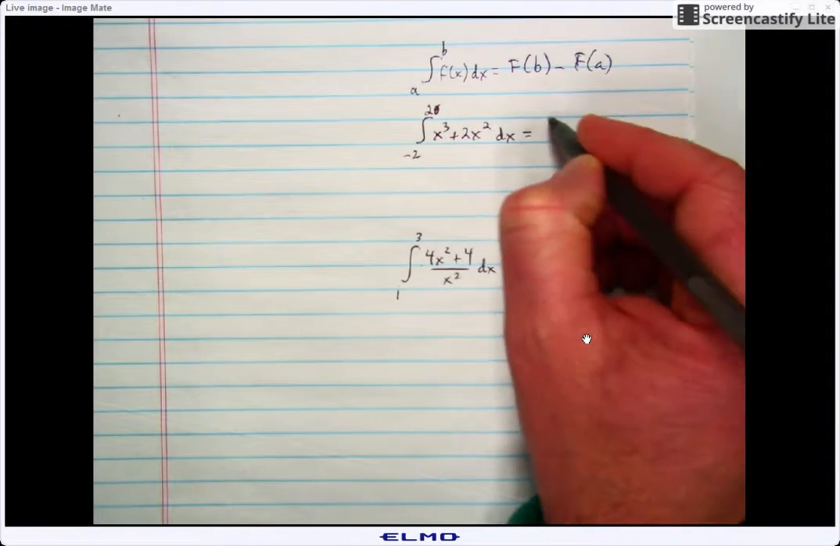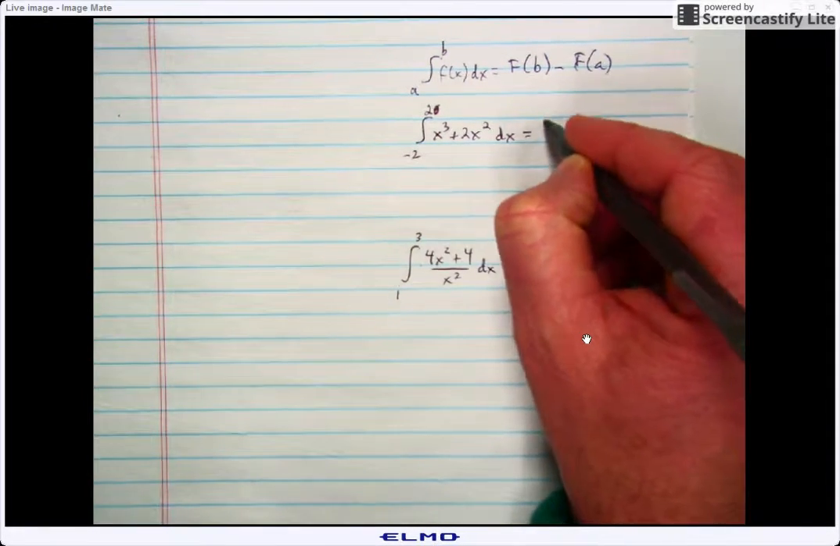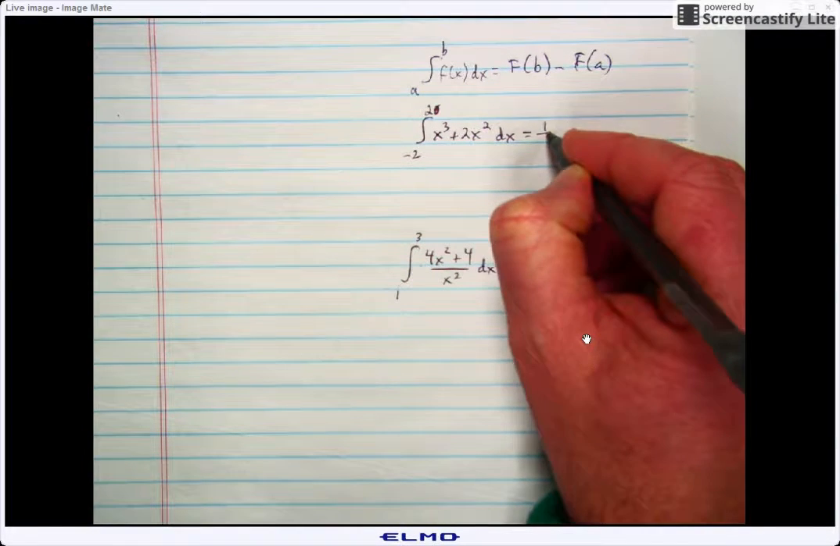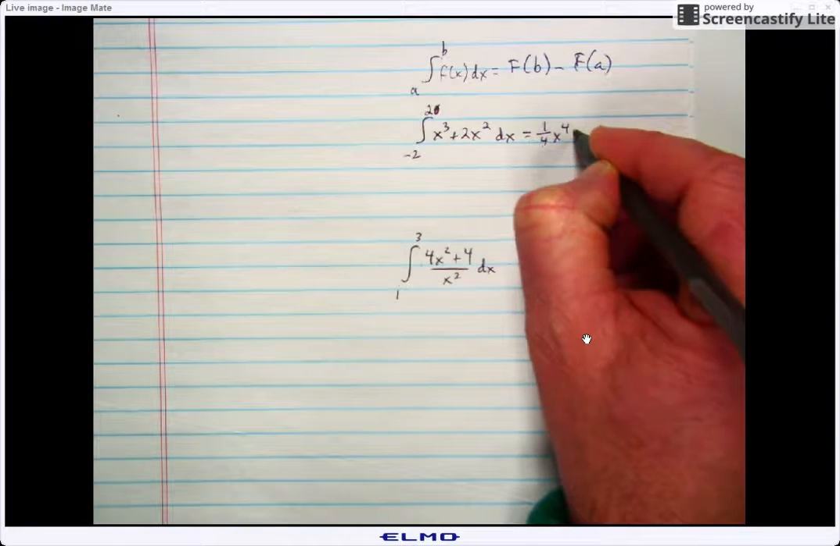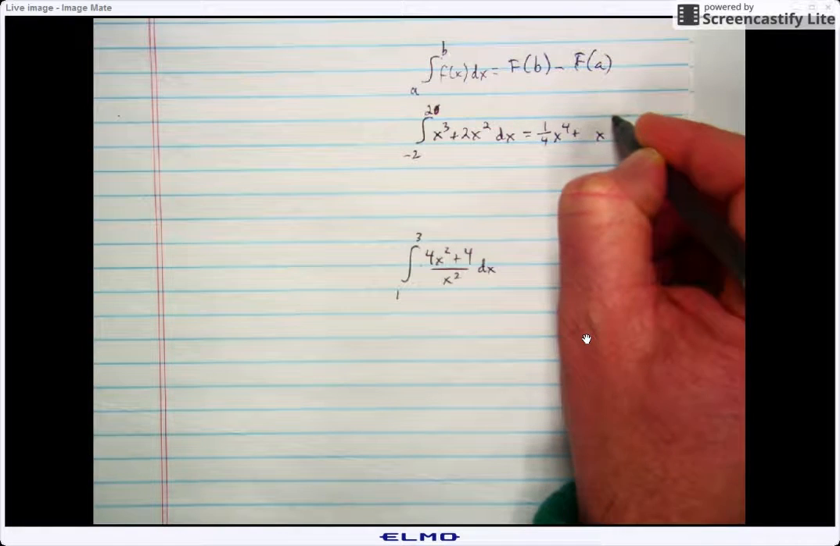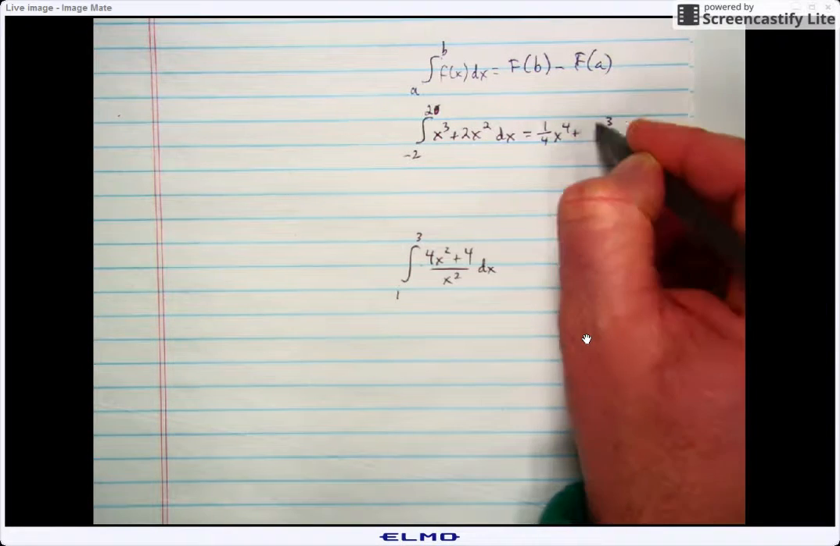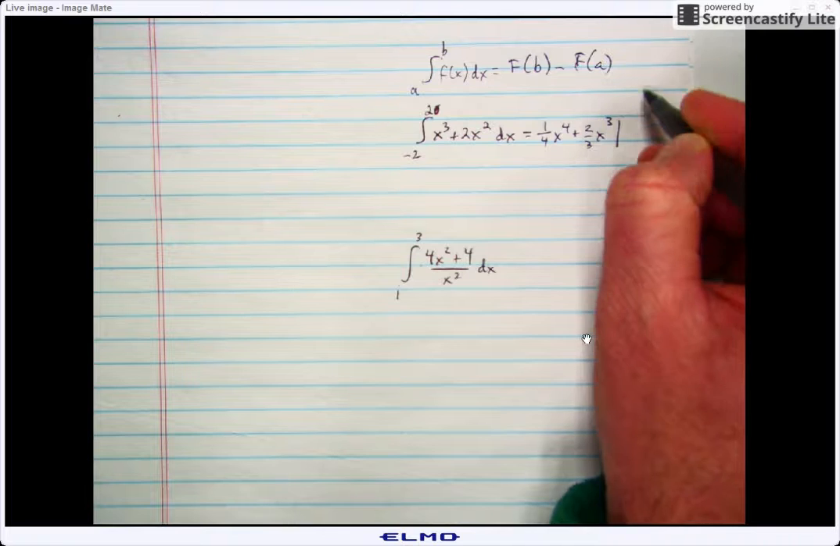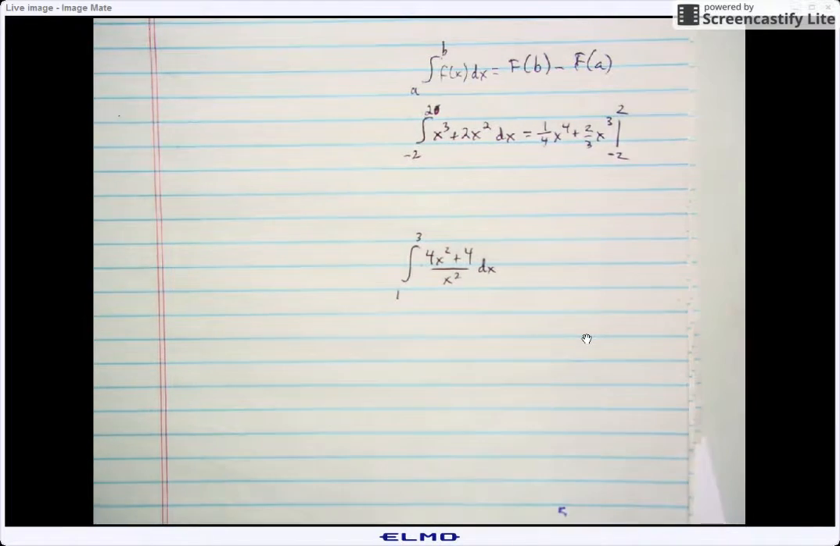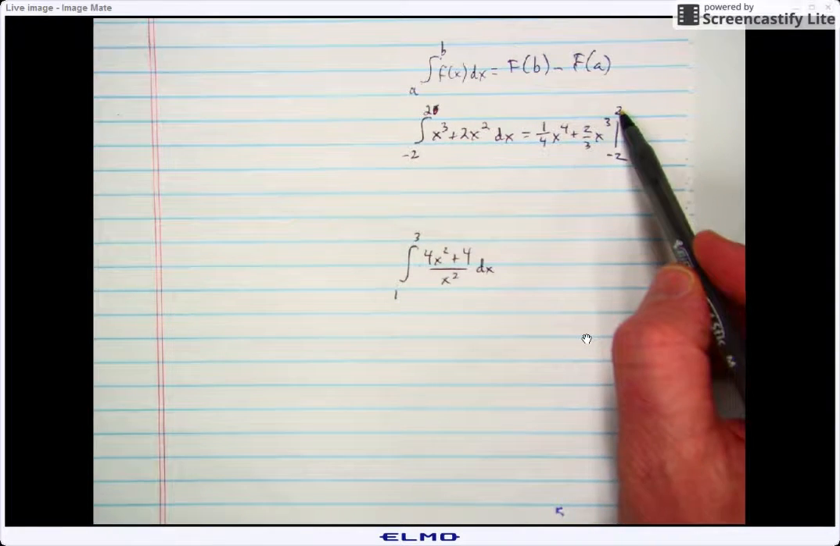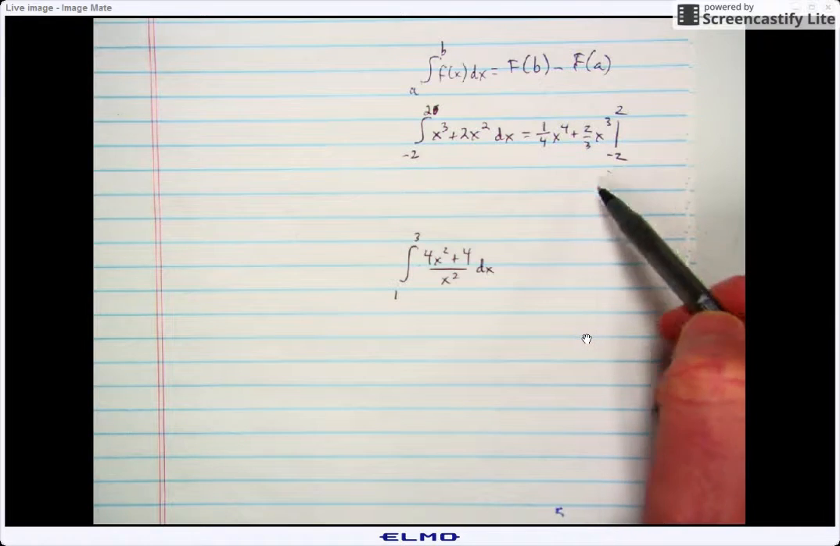First step is to integrate. So 1/4 x to the fourth plus, I'm going to raise that to the third, divide it by 3. So this is 2/3 x cubed. My notation is like this: I'm going to put the b up here, the a down here. So I'm going to plug in